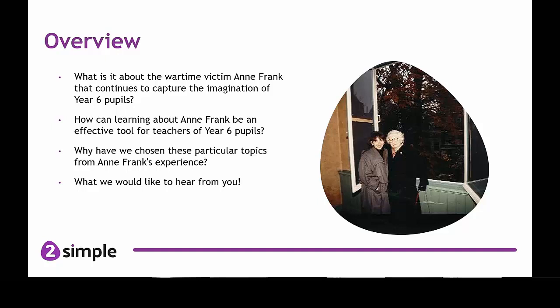And the final topic that we talk about is nature and the environment. Anne readily admits in her diary that before she went into hiding, she had taken the natural world and nature for granted. She never really looked around her. She was more interested in her friends and what was going on. But when nature was taken away from her, when she was isolated from it, shut up in those small rooms, and all she could see was the top of a chestnut tree from a top window for 2 years, how important those few leaves came to be, and how she realized that she had taken nature for granted. So you see, there's a